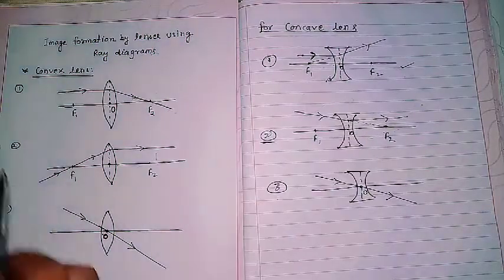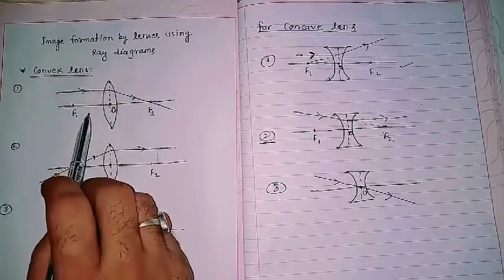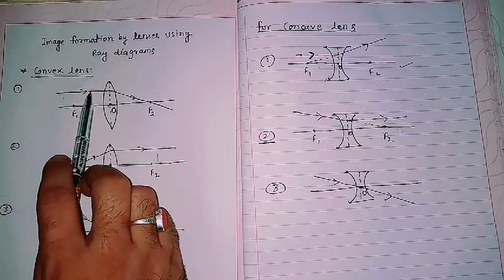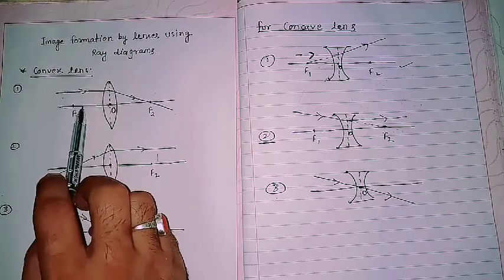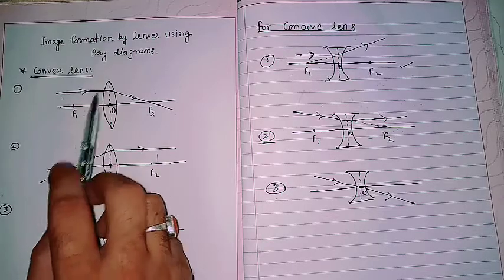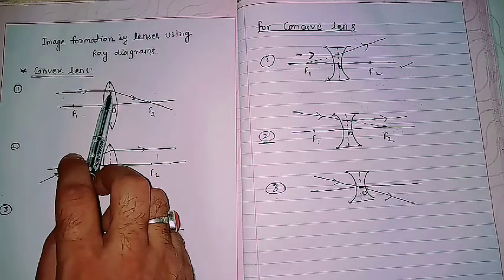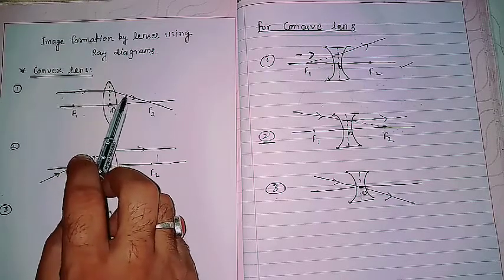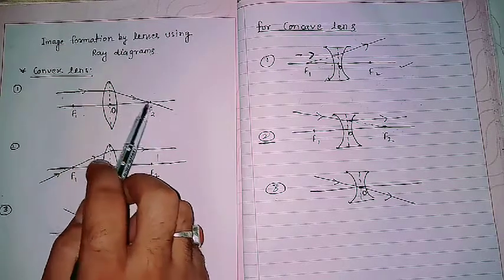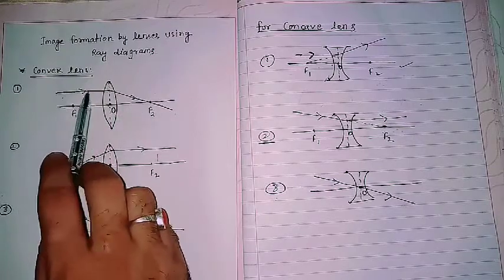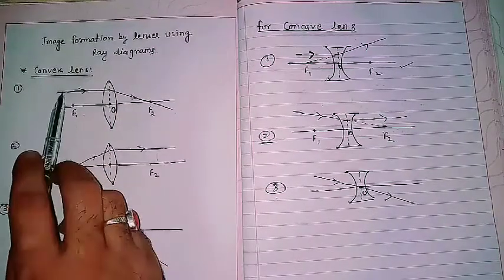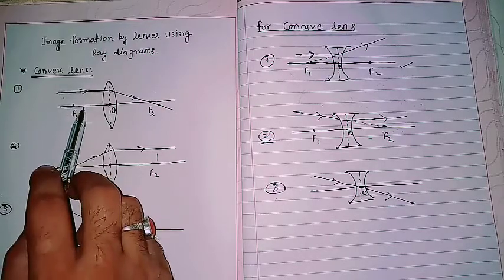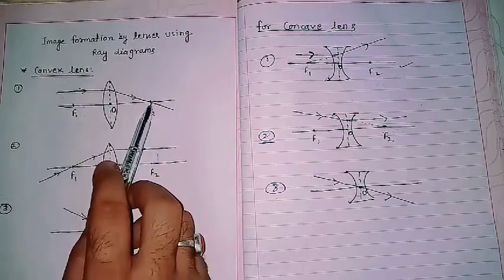The first rule you can see here: a ray of light traveling parallel to the principal axis, after refraction through the convex lens, passes through the second principal focus of the lens. This is the very simple rule. If the ray of light is traveling parallel to the principal axis, then after refraction it will pass through the second